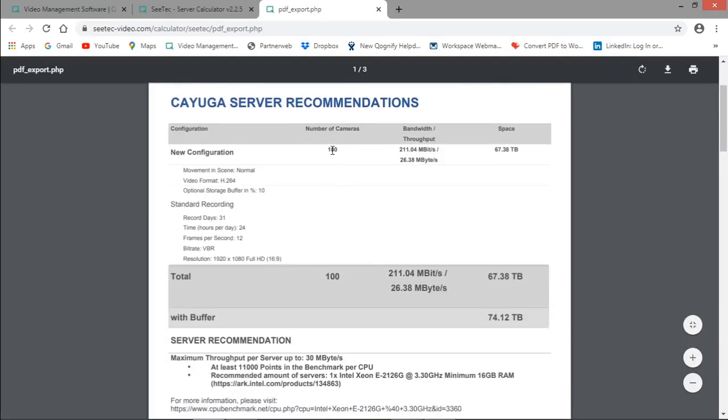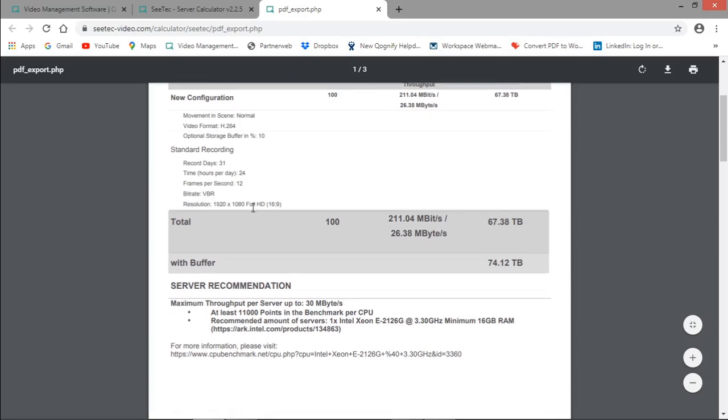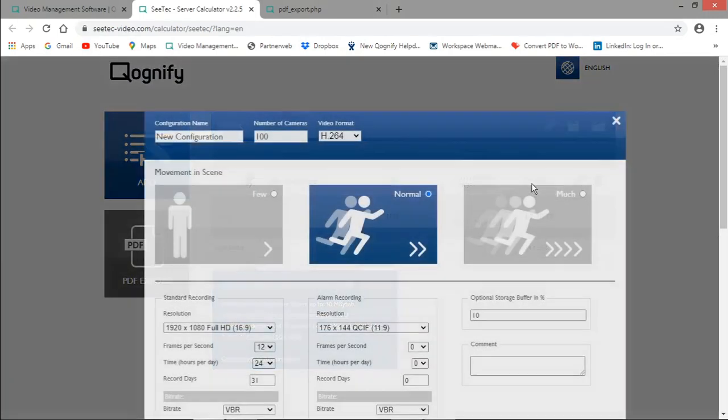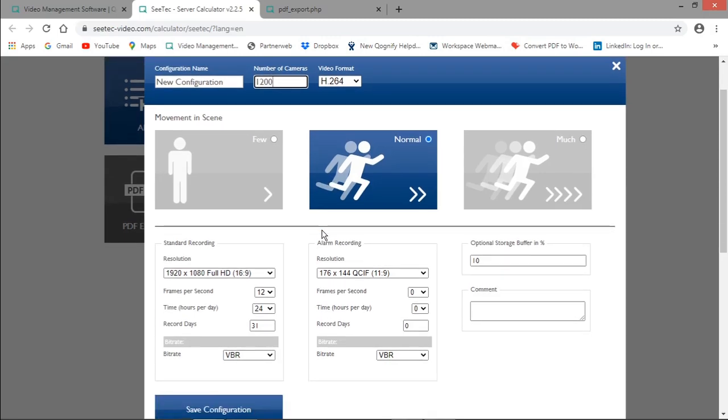And here you will see all the details, what inputs we gave: 100 cameras, what the video codec is, the storage buffer, number of days of recording, and what frames and everything. And you can save it and submit it to the client. This is simple. And if you want to increase, for example, if I give 1000 cameras or 1200 cameras under the same parameter,